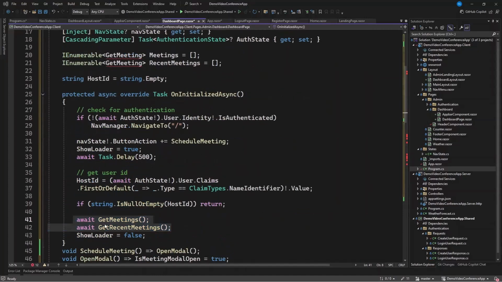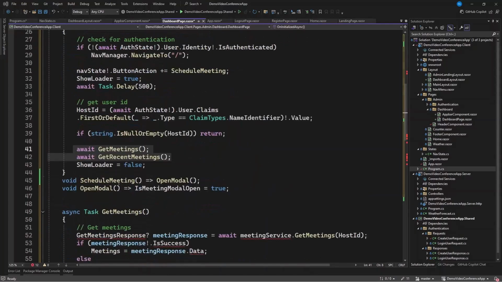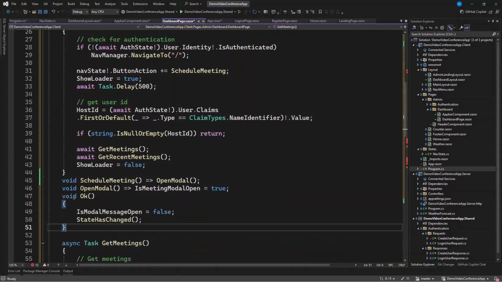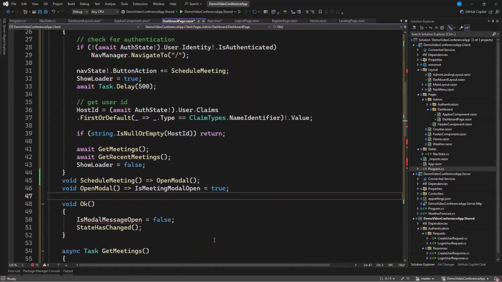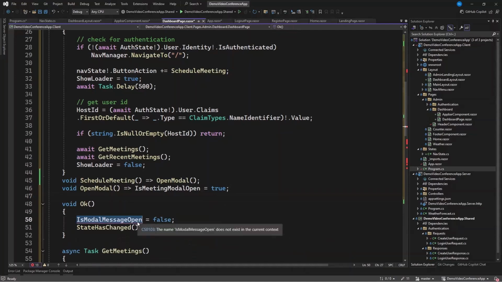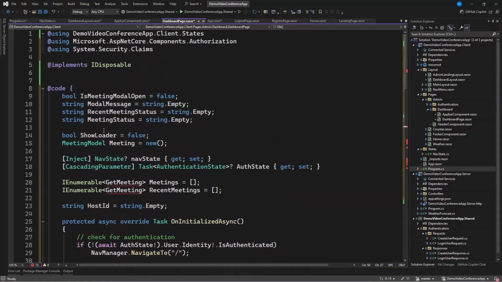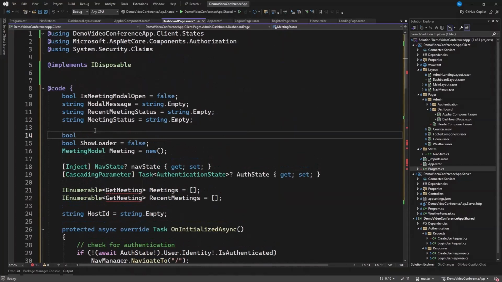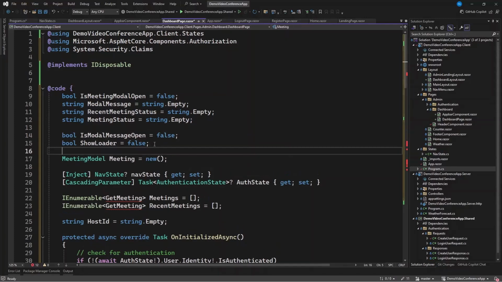Now, after we're done with this, you know definitely that when we display message, because you're going to have a message to be displayed, we are going to show or close it. So what we have created earlier in the login and register, I just copied and now I'm going to paste it here. We're going to create a modal message open. So we need to create a Boolean property to handle that. And the default one is false because when the page renders, we don't want to pop up that modal whilst we have no message to be displayed. Okay, so we need to make sure we have that set to